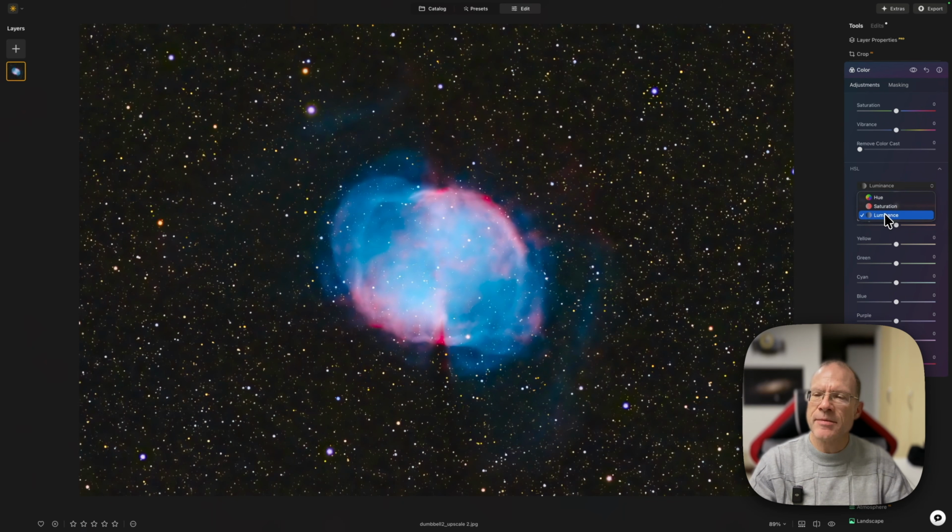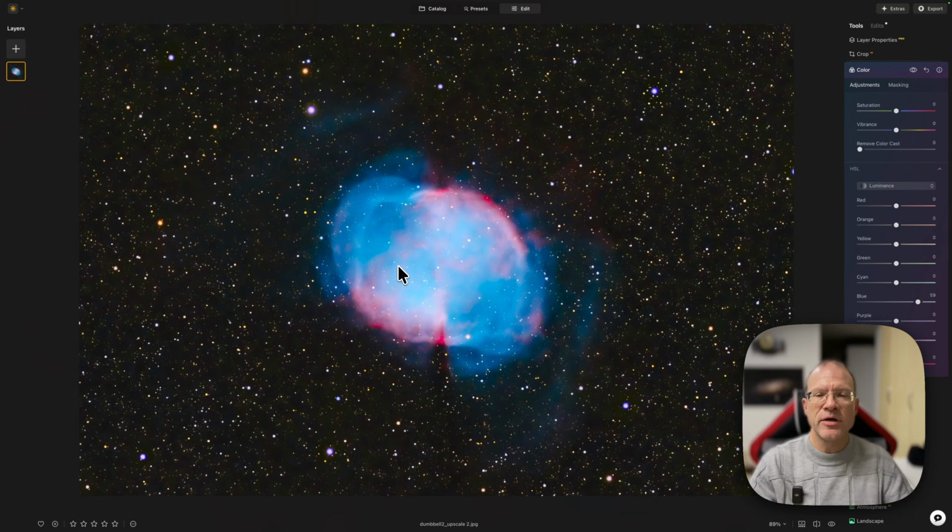And I can do the same also with luminance. So for example, blue again, I'll move it up and it starts to really shine. This is something I always do in my post-processing step after I finished with PixInsight, just not as extreme as